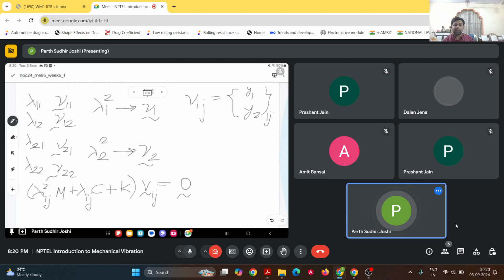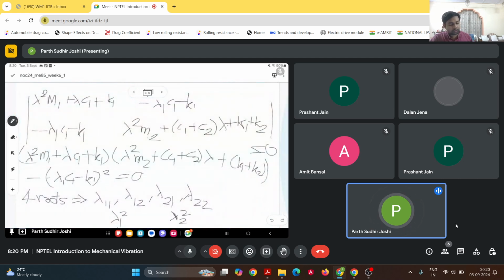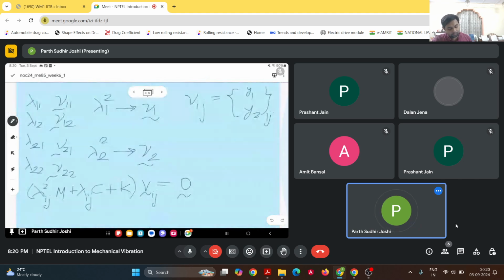So does everyone understand this notation? So what we get is that, let us say we take the first row of this matrix A, then